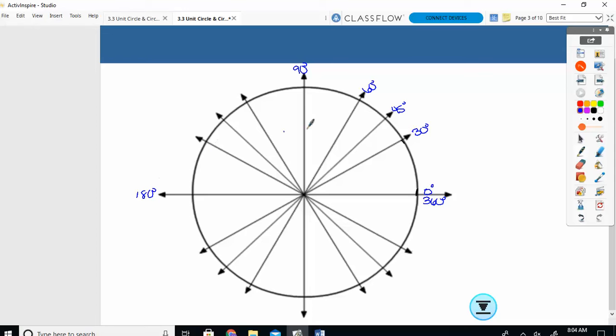And then how do we get these? Those are just your reference angles. So if I do 180 minus 30, 180 minus 45, 180 minus 60, because reference angles always go from the x-axis, so we have to use that 180 and not the 90. Then in the third quadrant, those are bigger than 180, so you add your reference angle. So 180 plus 30, 180 plus 45, 180 plus 60,